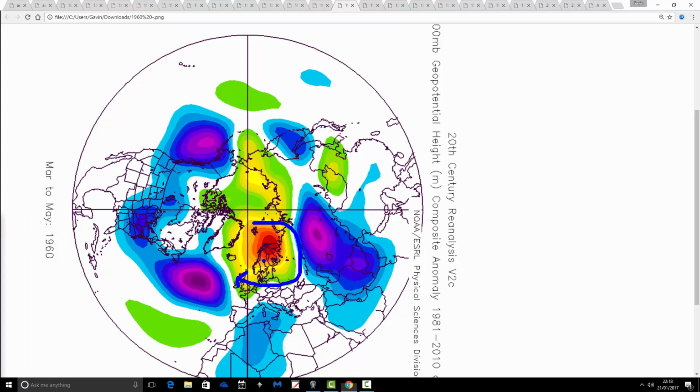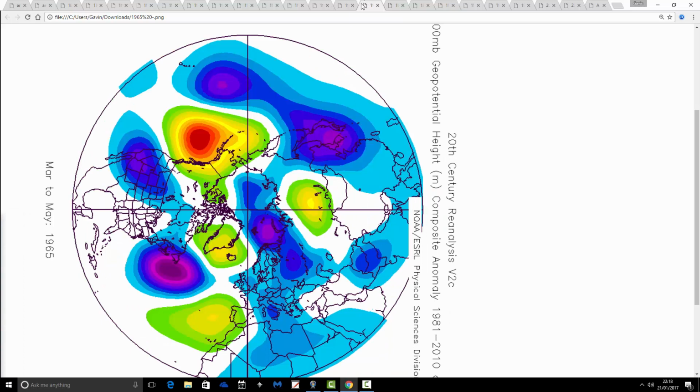That would probably be quite cold, but later on that'll be quite a warmish pattern. So that's our first year that we've seen that looks quite decent in terms of warmish and dryish weather through the spring: 1960. 1965 is our next one, and we're back to what we've been generally seeing throughout these years,